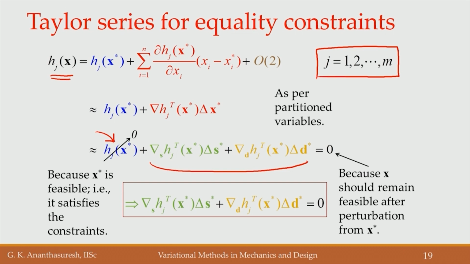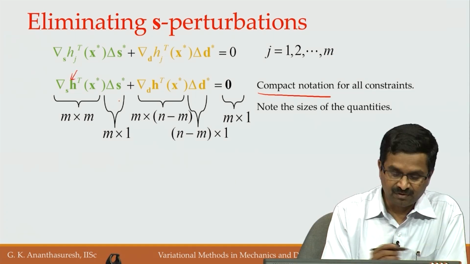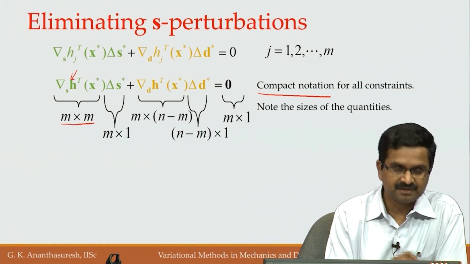So, we get an equation such as this for all j equal to 1 to n. Here j equal to 1 up to m. Okay. When we have this, we remove that j equal to 1 to m and express it in matrix form, a compact notation, right. We have the gradient of s of the entire h, not h j, but the entire h, that we are showing here. When you do this, if you look at the sizes, this will be an m by m matrix,